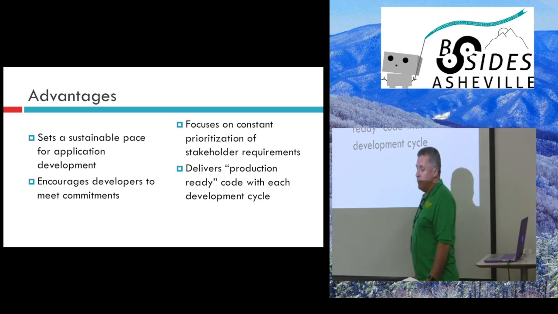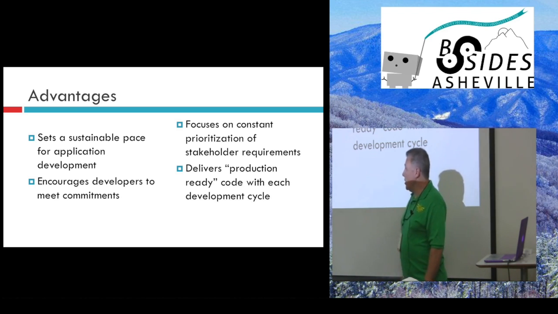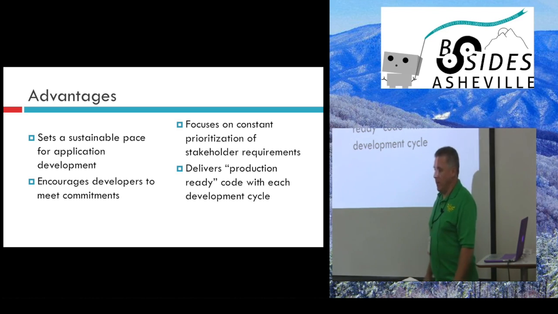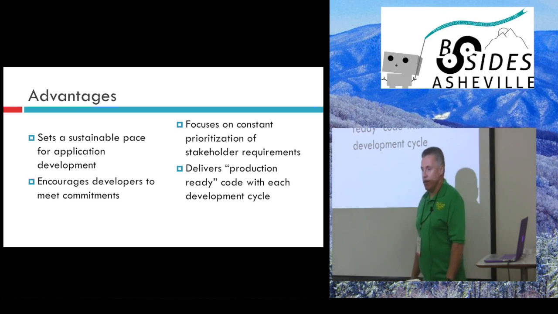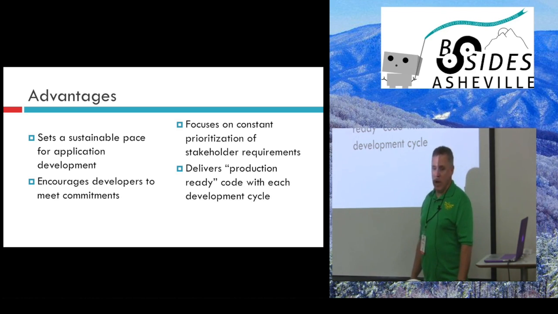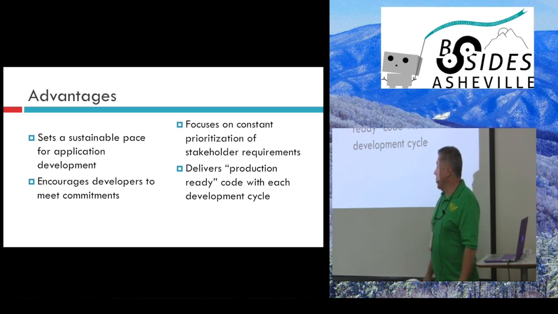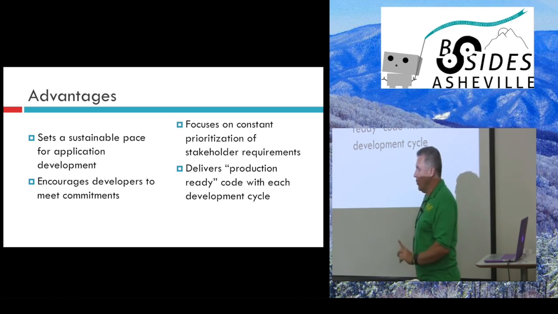The other side of it is, if it's working properly, it encourages developers to meet their commitments. If for the last 5 sprints in a row I've turned out 60 units, and for this sprint we only have 35, that's going to look really bad to your product owner, to your product management, to your manager. So there's a little push to make sure that you at least get out the same amount of work that you've been getting out when it's working properly.